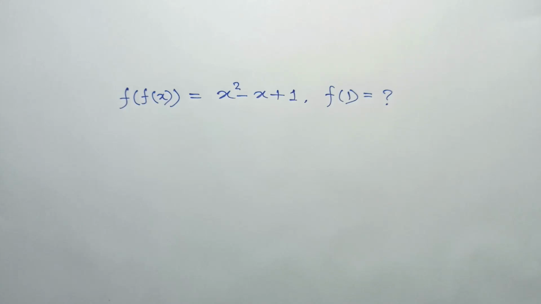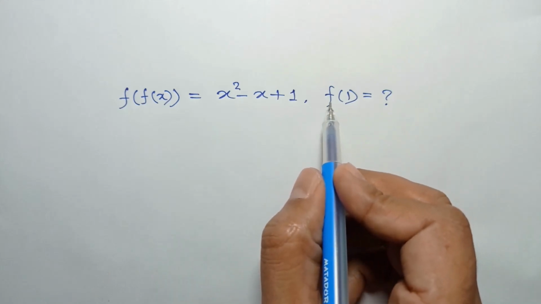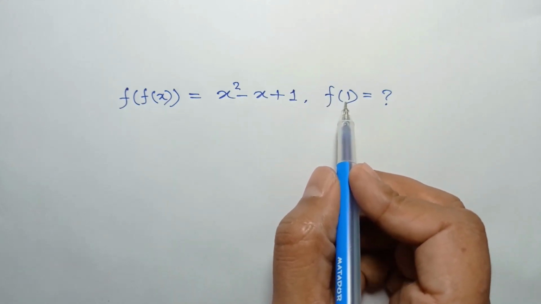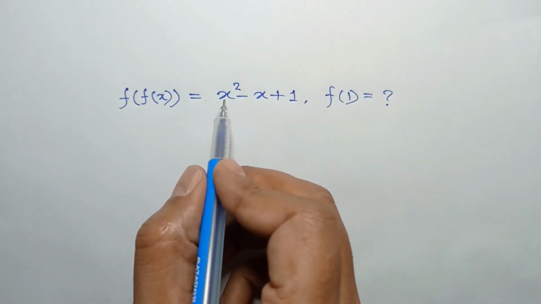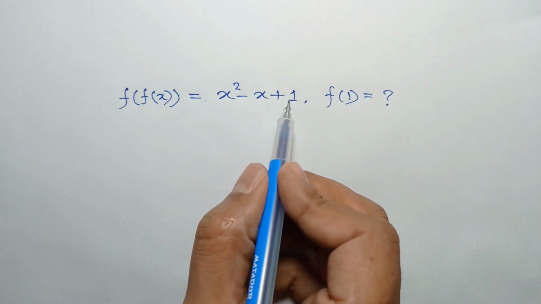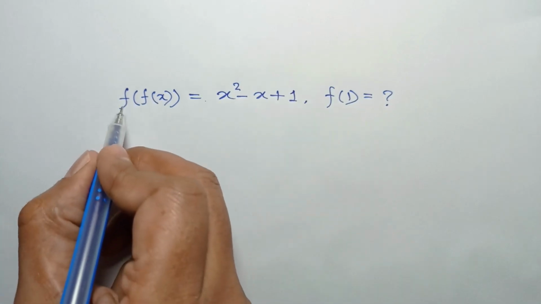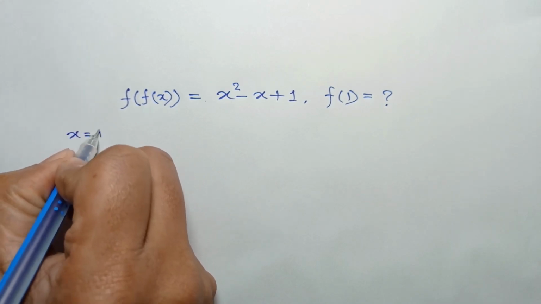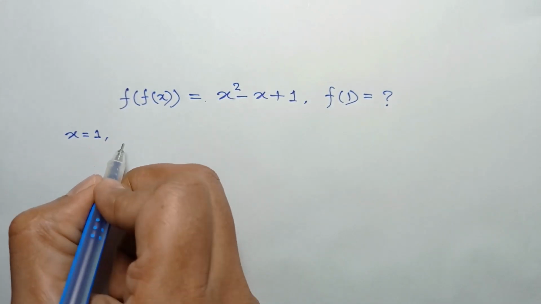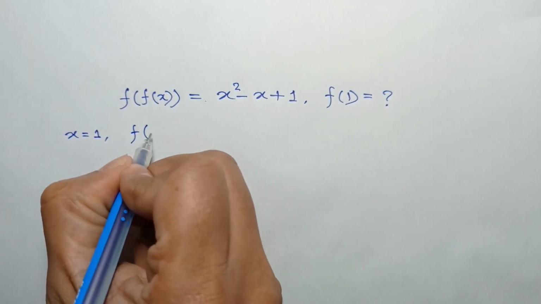Hi everyone, in this video I am going to solve a Math Olympiad problem which was set for the Iran Math Olympiad contest. We have to find the value of f(1), where f(x) is equal to x squared minus x plus 1. Now if we put x equal to 1 in this function, we will have